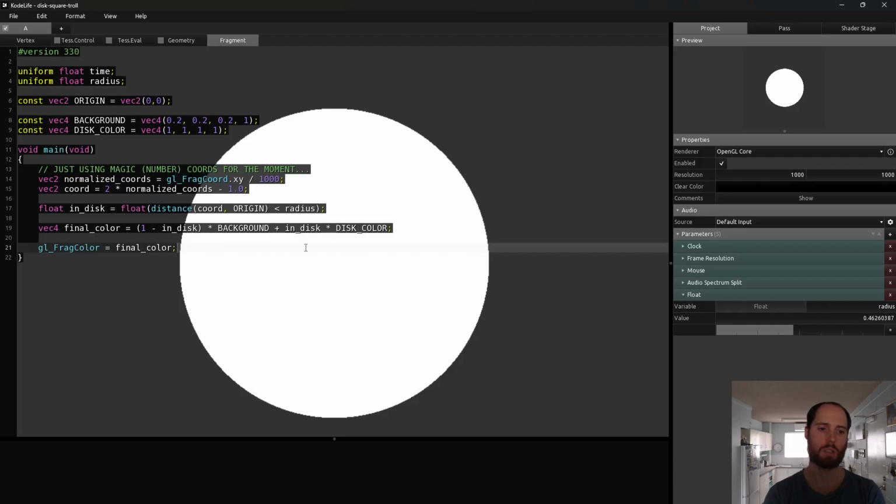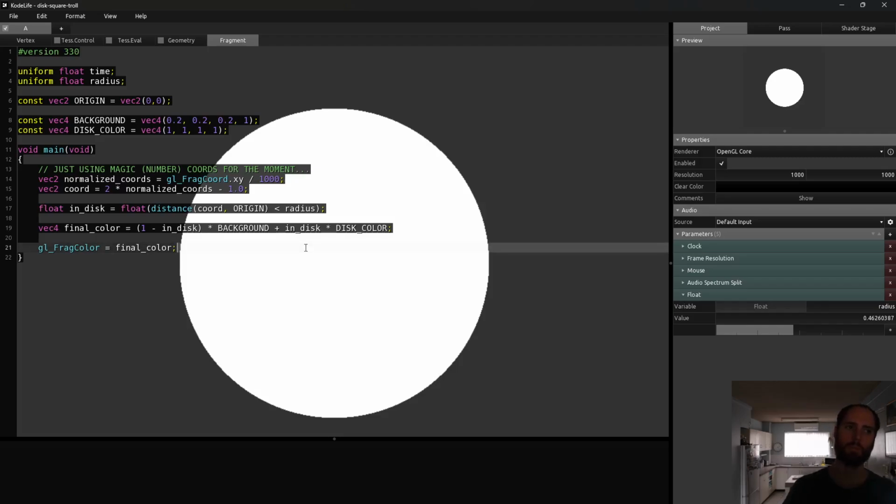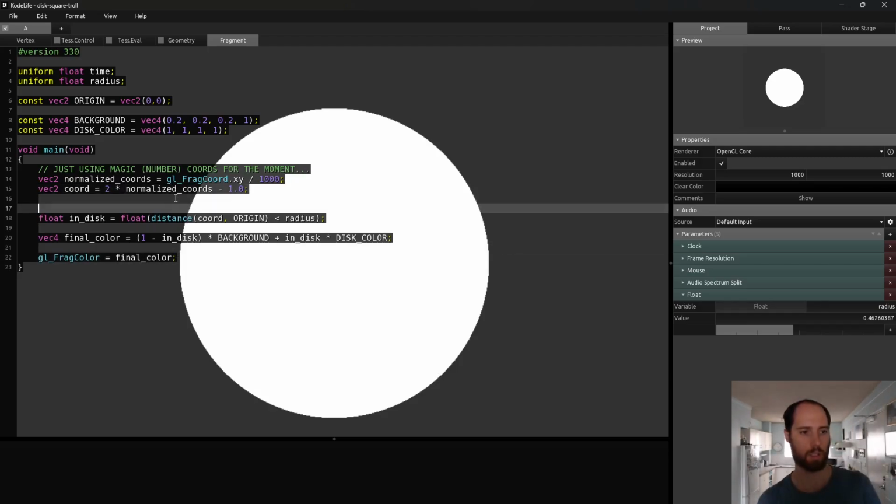I think if we scale up the -1 to 1 square to something larger, and then we drop off the part of the floats before the decimal point, and then have everything happening in terms of the decimal point, that will give us a repeat. Yeah, so the coord is this, and then